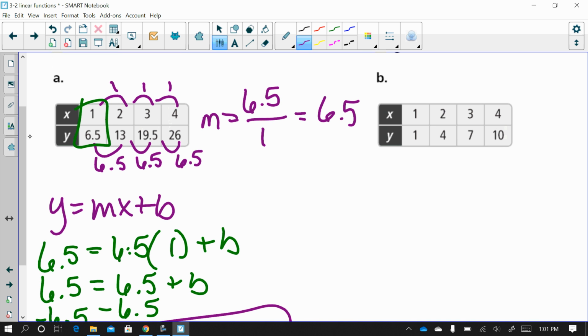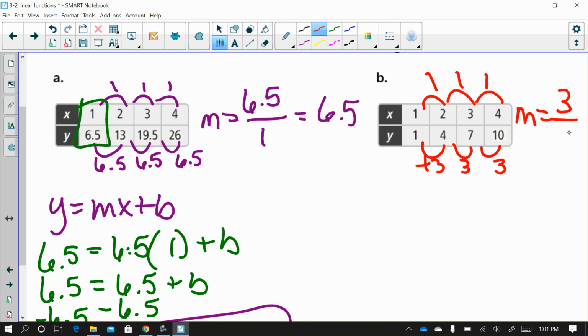Your turn again to pause the video and try letter B. Okay, first thing I'm going to do again is find my linear loops. 1, 1, 1. Okay, down here, plus 3, plus 3, plus 3. Okay, so I can already tell my slope is equal to change in y over my change in x, or just 3. Okay, so if I do y equals mx plus b,